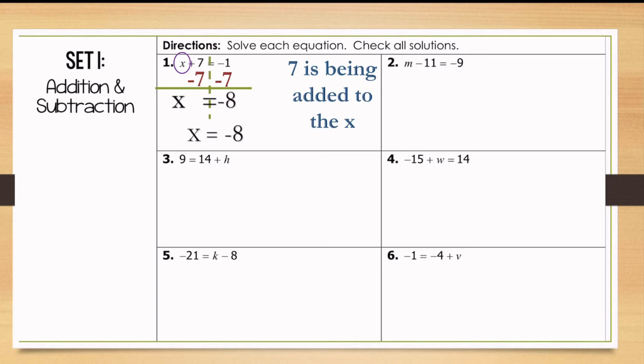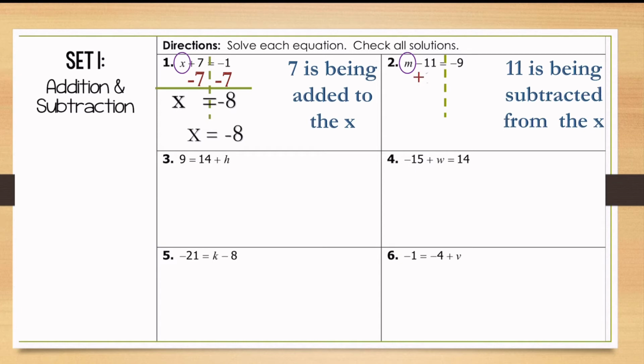Let's go do another one. Okay. So let's take a look. Here is my variable. What is happening to that? I am subtracting 11 from the x. So I'm going to identify where my sides are. That equal sign shows you your two sides. So to undo subtracting 11, I have to add 11. So if I go through,